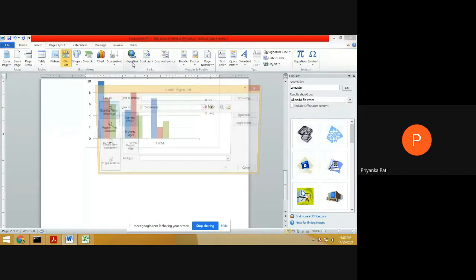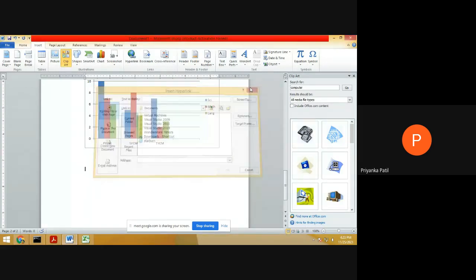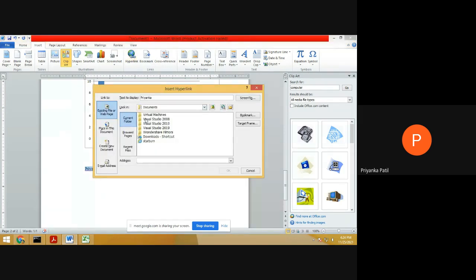Next option is the hyperlink. If you want to create a hyperlink, for example, if we consider the word Priyanka as a hyperlink, whenever we click on that particular word, the system shifts to the next page which is linked with that word. So we can select that word, then click on the hyperlink.